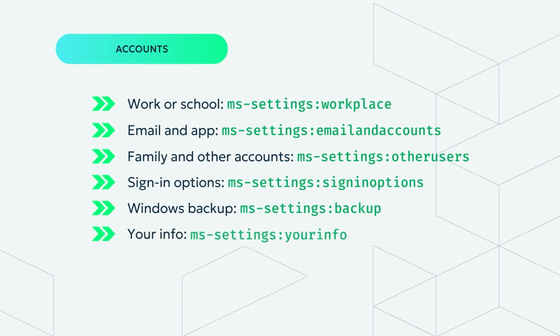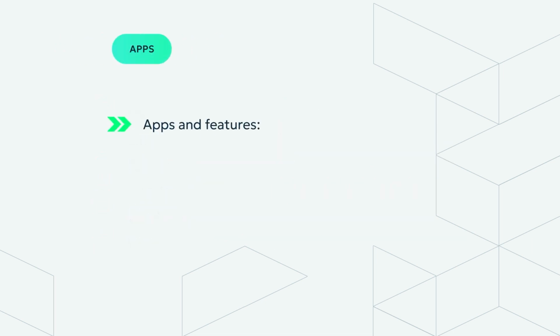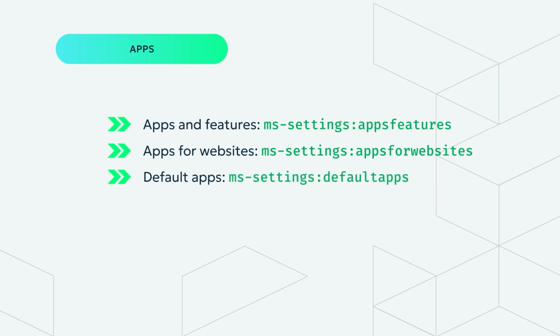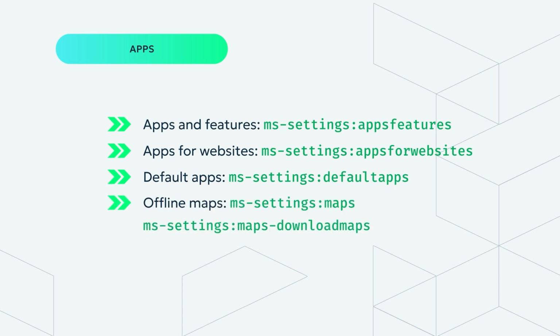ms-settings:backup. To access your info, type ms-settings:yourinfo. To access apps and features, type ms-settings:appsfeatures. To access apps for websites, type ms-settings:appsforwebsites. To access default apps, type ms-settings:defaultapps. To access offline maps, type